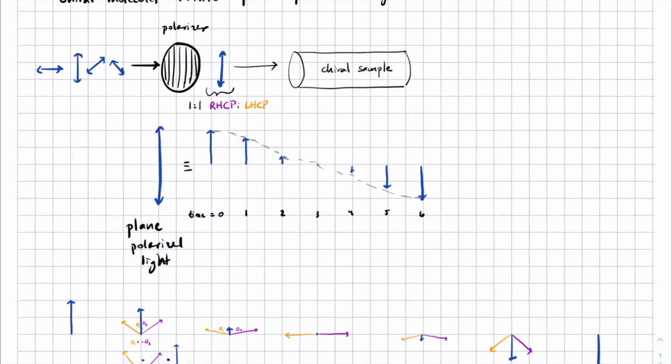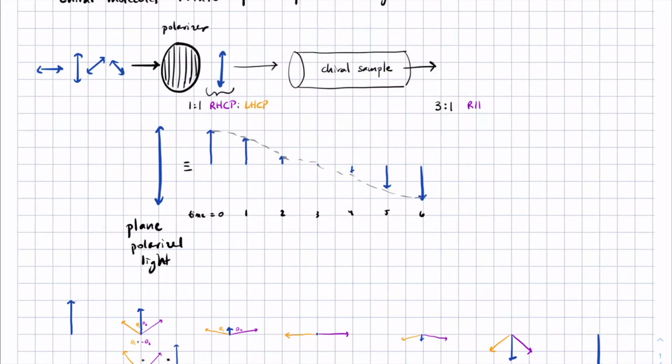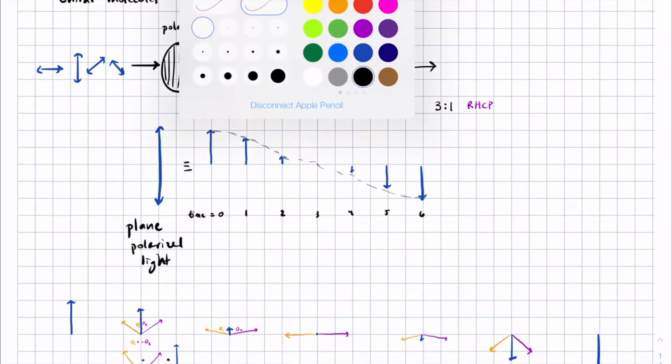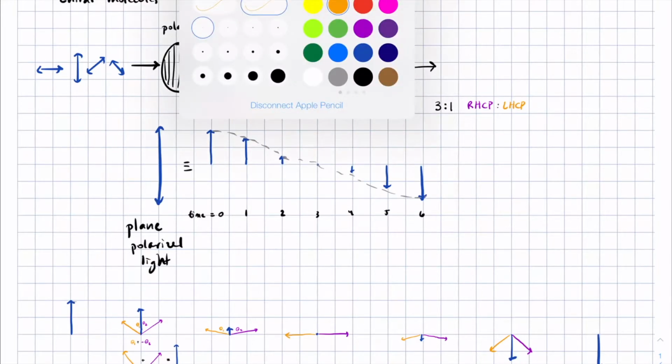imagine what will happen if the chiral sample absorbs more left-handed polarized light than right-handed polarized light. Suppose that once the sample comes out, it's now, let's say, 75% right-handed circularly polarized light, and only 25% left-handed circularly polarized light. And if that's what happens, what might you expect to see? Well,